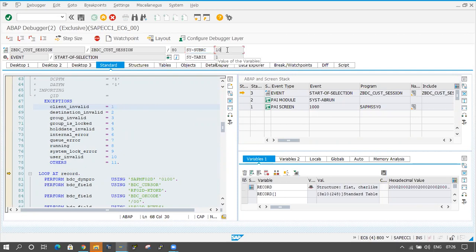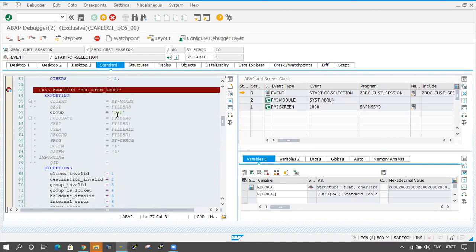Zero means the function module executed successfully, but 10 is coming. In the exceptions, 10 means user invalid. Some error is coming here. Fine, we will check that.